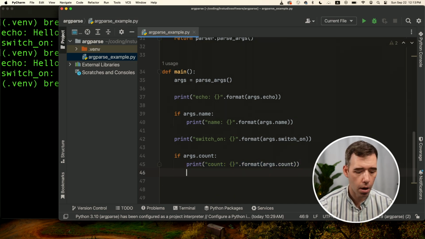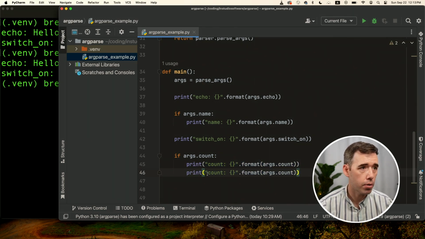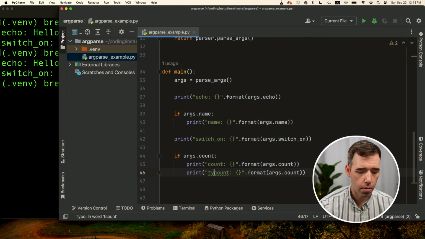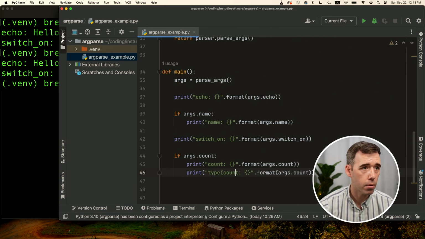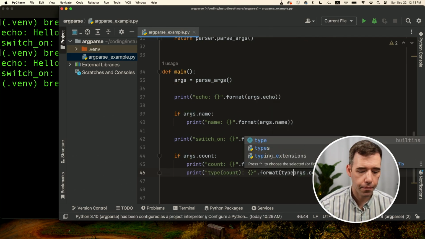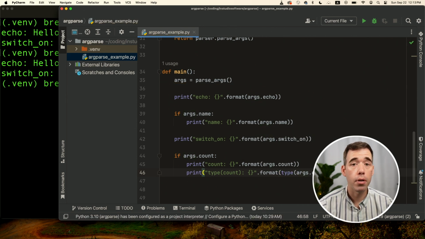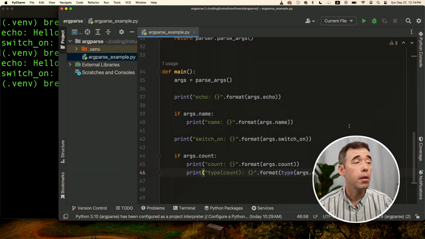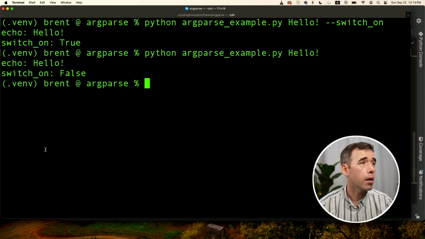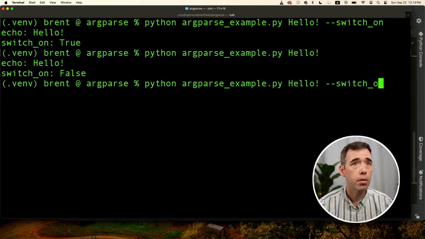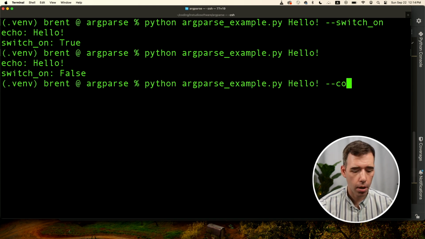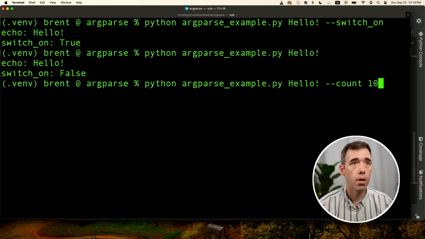So I'm just going to copy this, and we're going to do type of count, just so that you can know for sure that the thing that we're getting back from this is not a string, but it is an integer. So let's run it. So if we go back to the command line, and this time we give it count, and we give it the number 10,